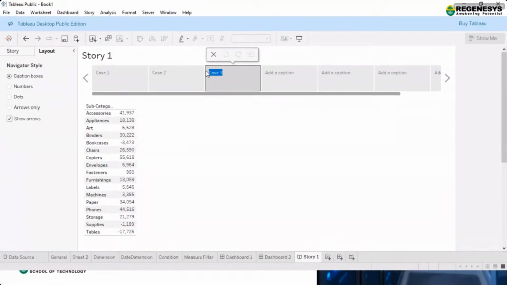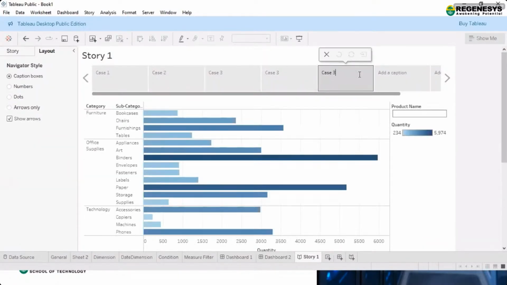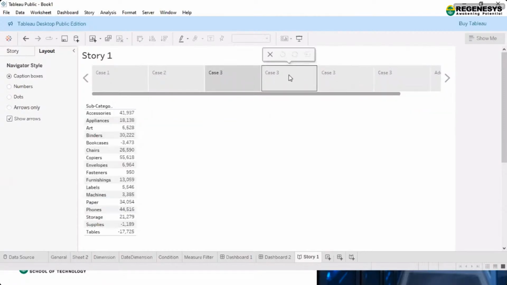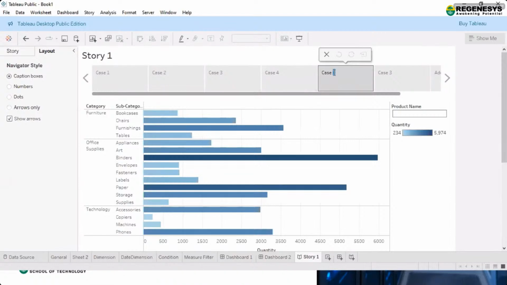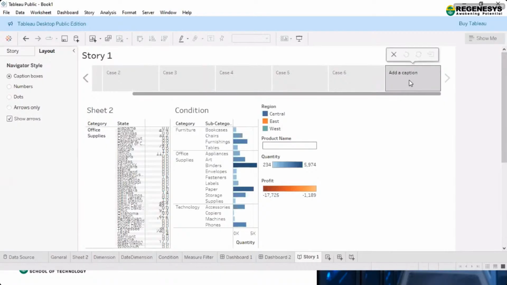In the same way, I am putting it on all the pages. I'm doing it for all the pages. It's case 7. So 7 pages I have created, and you can see I am getting it here. I have written case. You can even give more context, more text you can give.